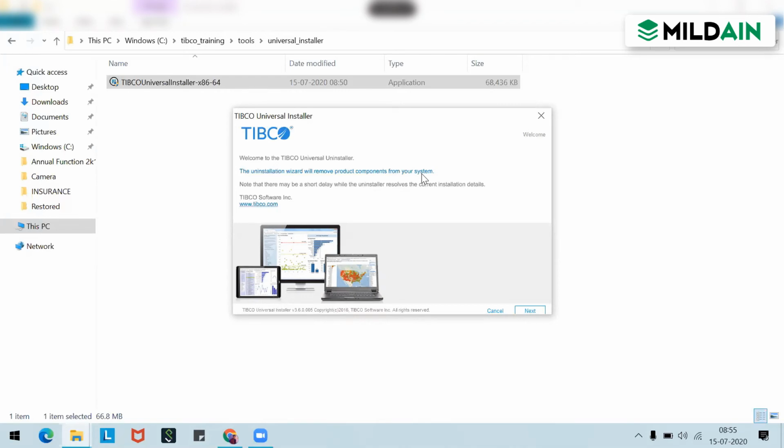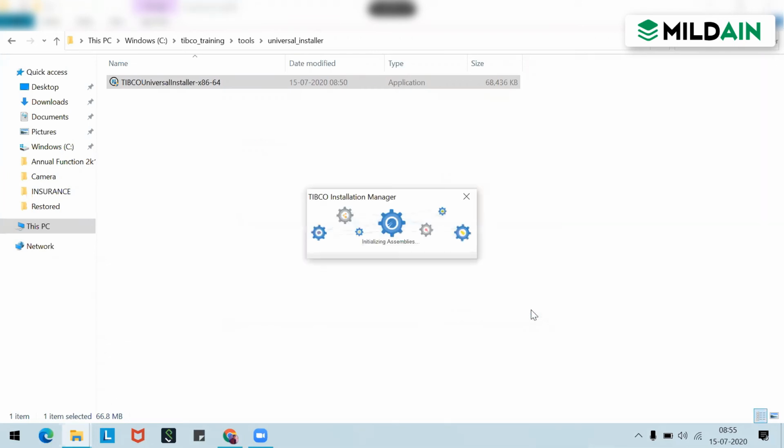So if you have that kind of installation, this screen will list what kind of patches you have applied, in the form of service packs or in the form of hotfixes. You can always select a hotfix to be uninstalled or a service pack to be uninstalled, or all the three can be uninstalled. So that kind of thing will be listed here. Right now we don't have that kind of complex installation, so we can just go ahead and say next, and it will uninstall